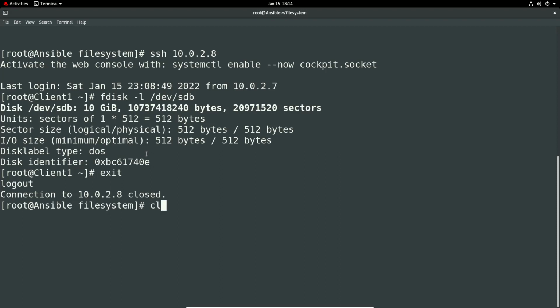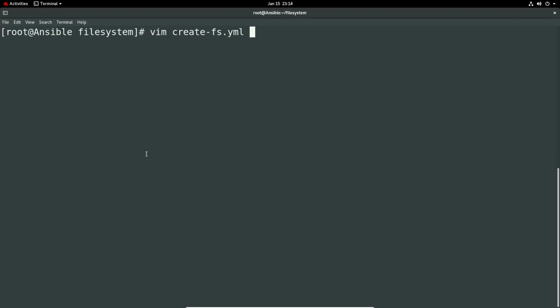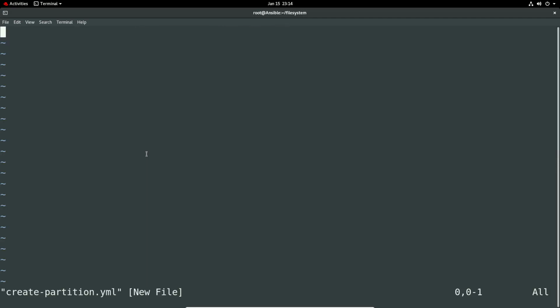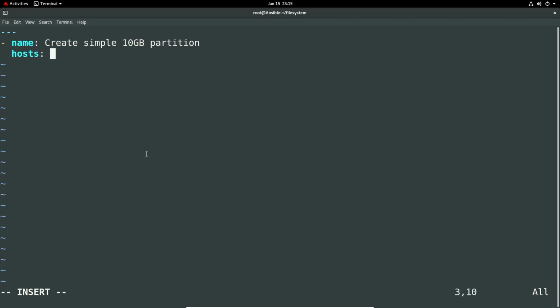We'll go in here and create a new one. So create partition.yaml, and three dashes, sorry. We'll give it a name, create simple 10 gig partition. Let's do hosts all, can't really be bothered. Tasks, name, create the